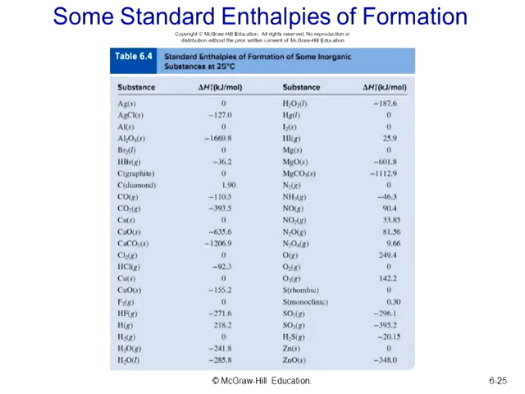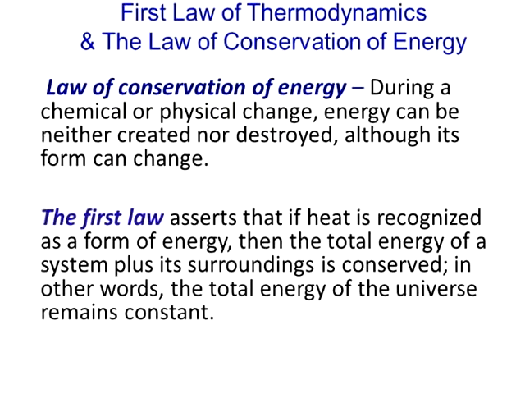We show you now some standard enthalpies of formation. We're not asking you to memorize this table. This table is simply for awareness, to let you know that there are tables that show many enthalpies of formation. And in cases where we don't have a particular delta H value, we can use Hess's law to obtain overall delta H for the reactions in question. So with that, let's recap some important concepts from this chapter.